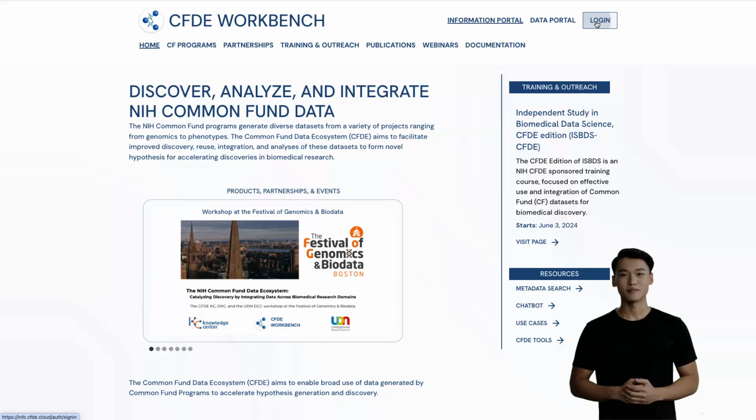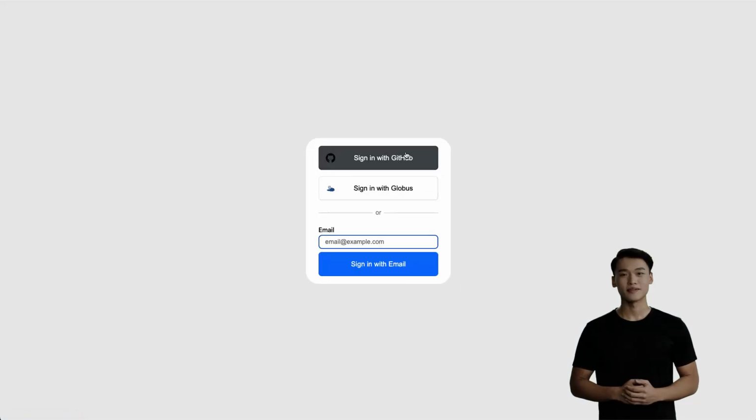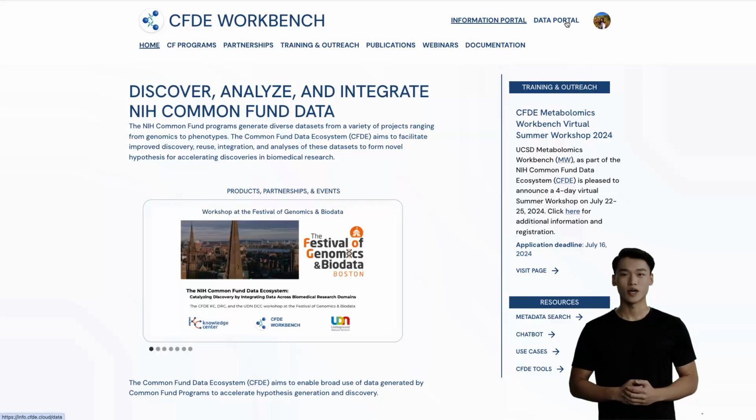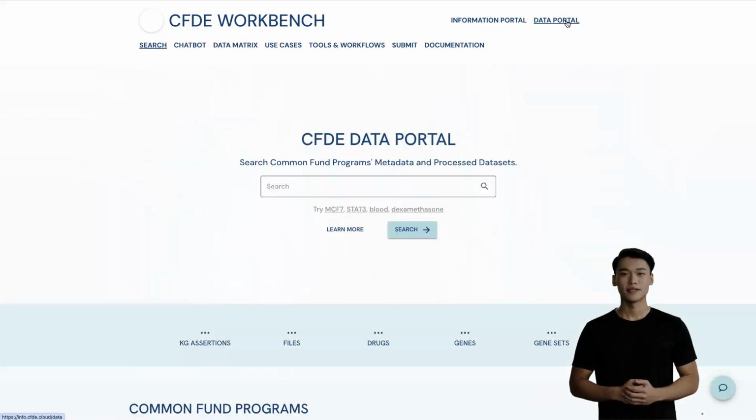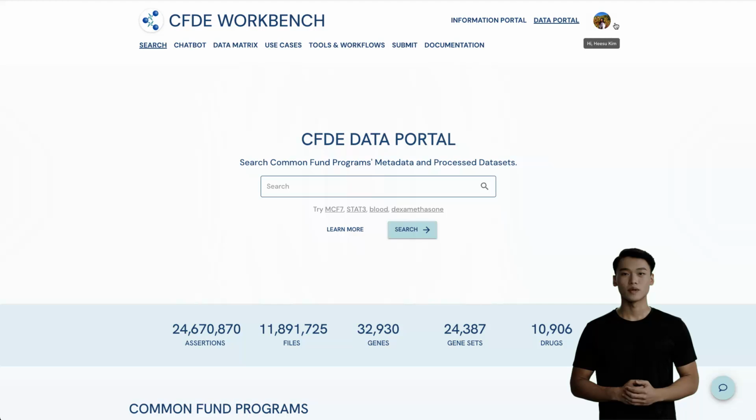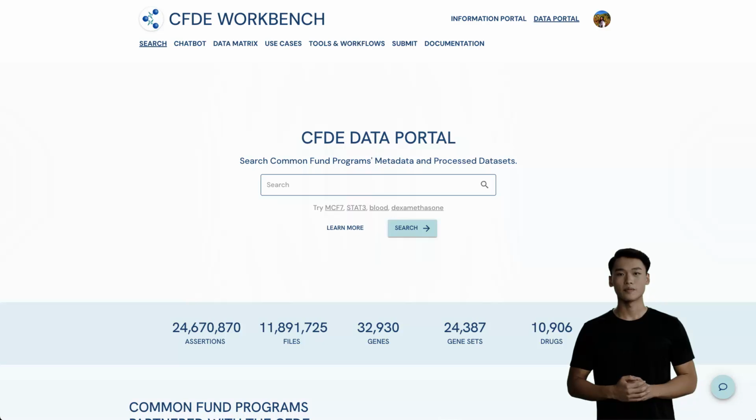You can log into the portal using GitHub, Globus, or an email. The CFDE Workbench supports cross-portal user accounts, which means if you are logged into the Information Portal, you will be also logged into the Data Portal. So far, we've looked into the Information Portal, and now we will go through the Data Portal, where you can